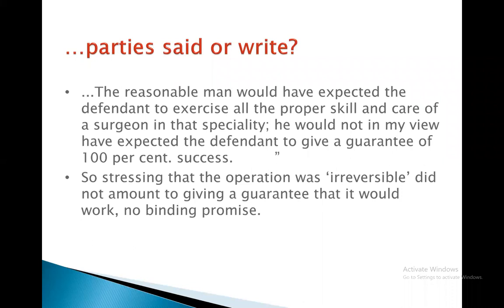In other words, once it is done, then you cannot get pregnant again. And that was why the judge was saying that, okay, we need to find out what will be the position